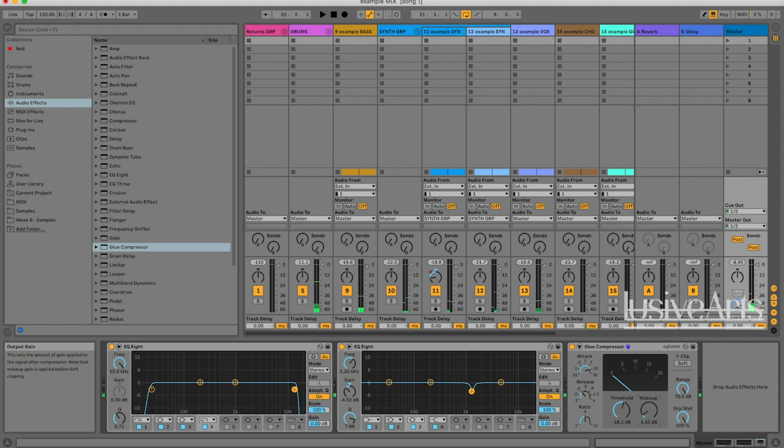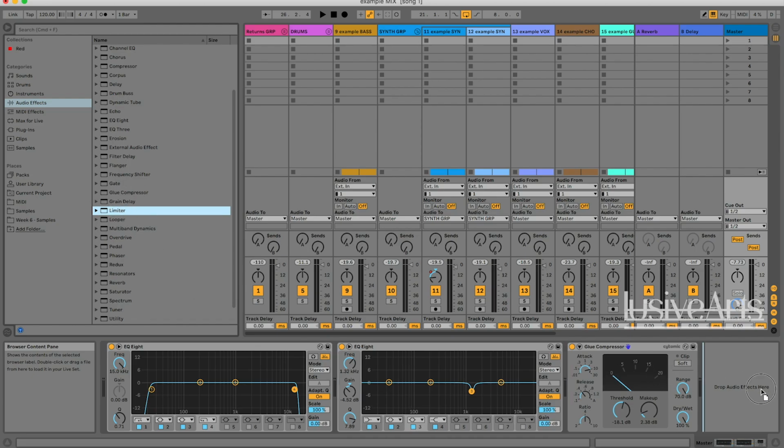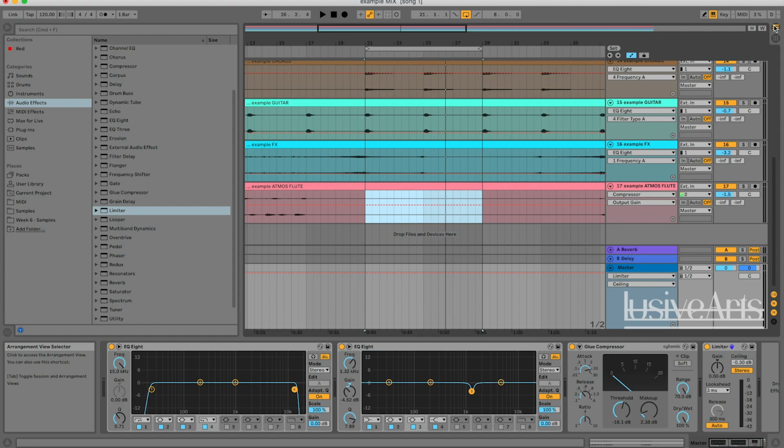So I'm just going to bring some of that back with the makeup on the glue compressor. Okay, so I've got 2 EQs happening now, and then I've got my glue compressor, which is bringing everything together. Now I'm going to add a limiter. So I'm going to drag a limiter on. Before I limit this and before I do anything else, I'm just going to go back and make sure that